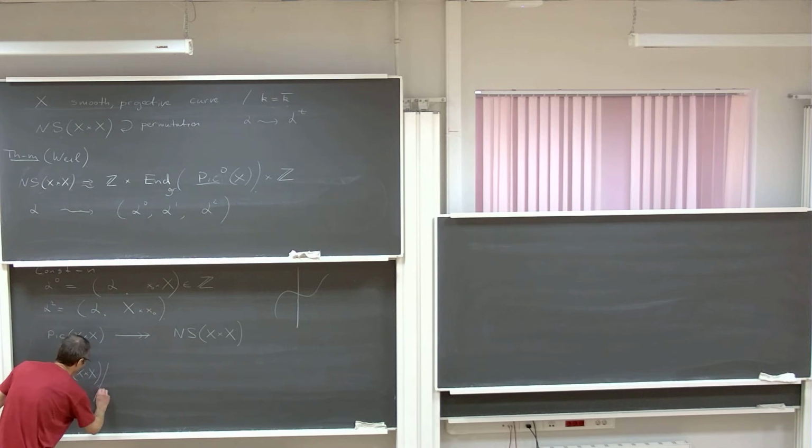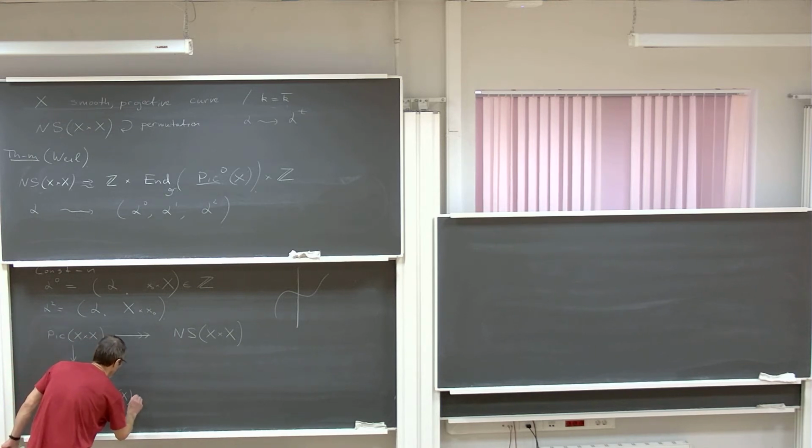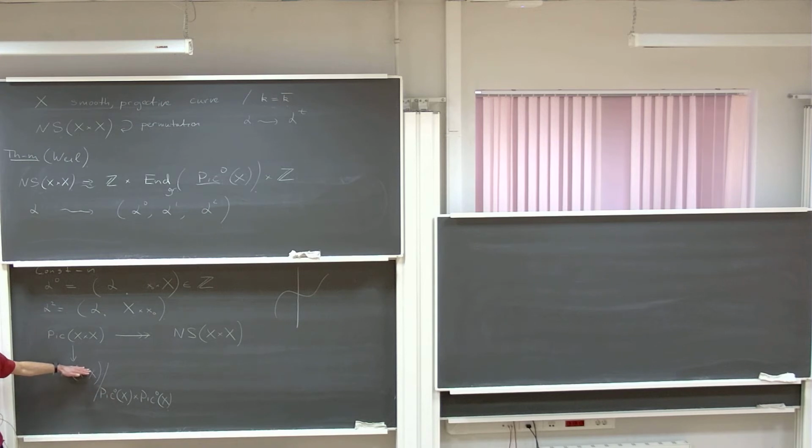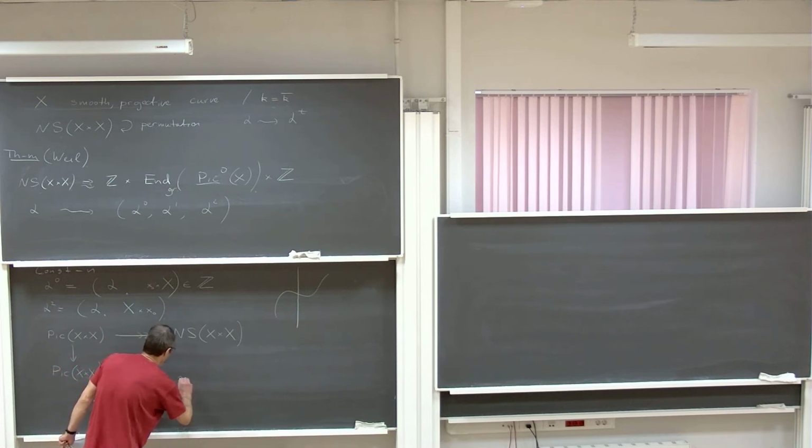modulo Pic X, I will put 0 here, I take degree 0 bundles, times Pic^0 X. So this is a subgroup here, right? Its elements are just tensor products of line bundles pulled back with respect to the first projection and with respect to the second projection. So you have this quotient here, and we identify this quotient using the universal property of the Picard scheme,